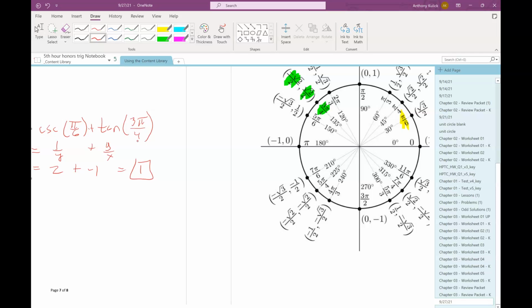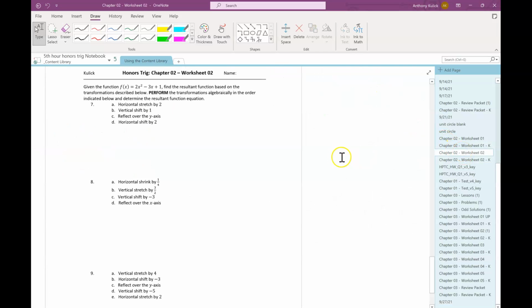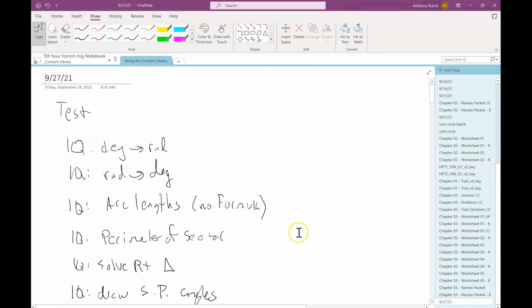Evan? On worksheet 2, line number 7. I still have a question. Sure. Yeah, let's follow up and then we'll get right with Evan. Go ahead, Mackenzie. Why is the 2